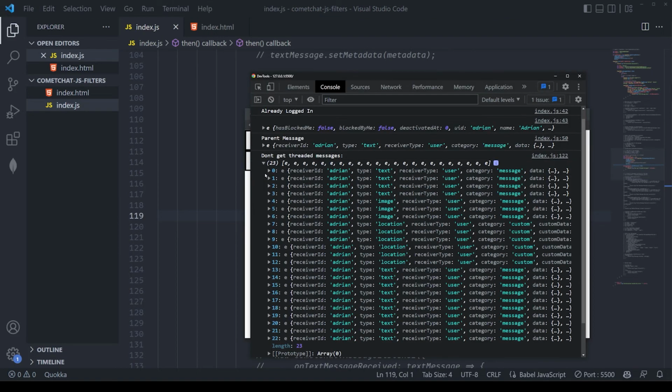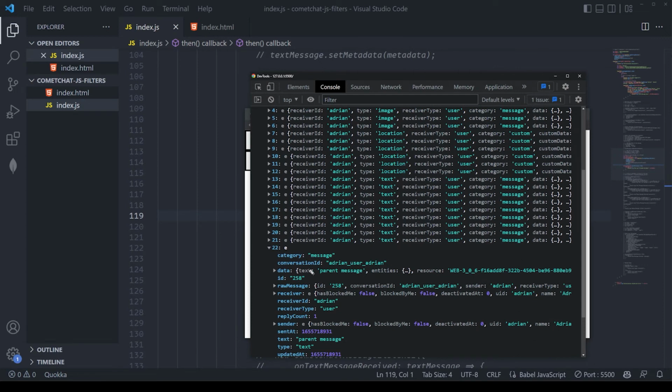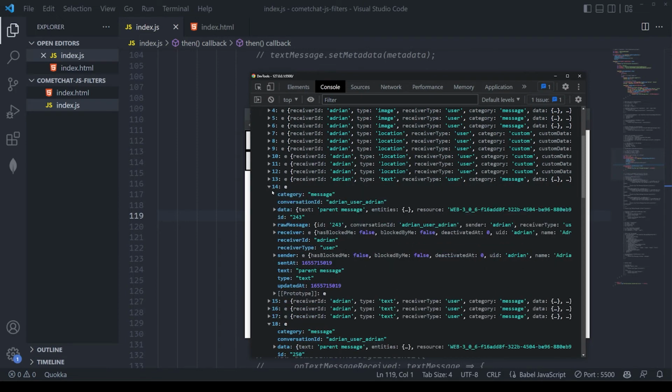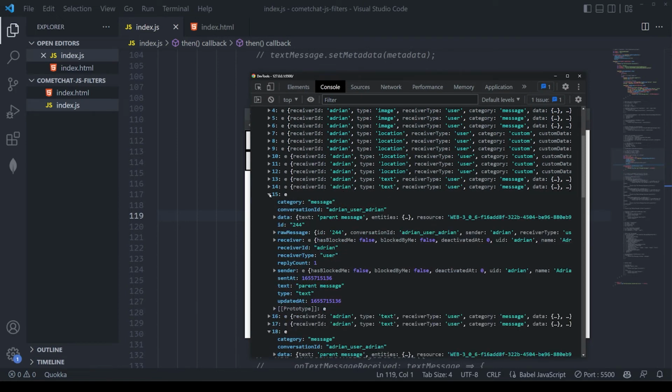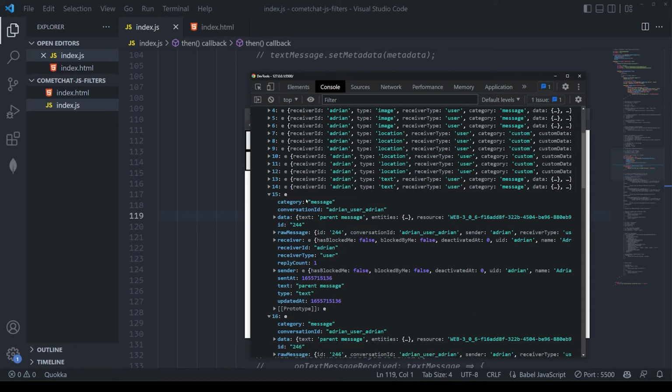Here are all the messages coming through, and we can actually open them up to have a look at their ID. If we have a look at the last one, it's got an ID of 250. And if we browse through, we'll eventually find that one where we originally created a parent, and that parent was 244. The child was 245, but we're missing that one. We move straight on to 246,